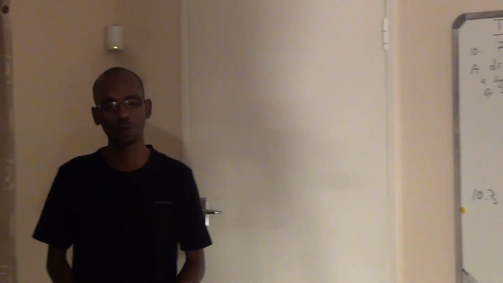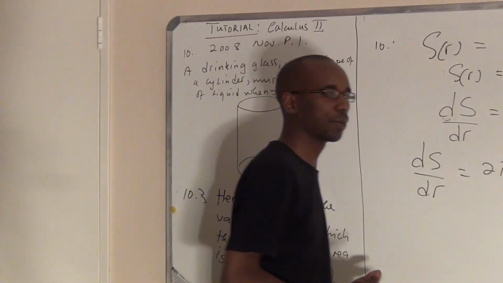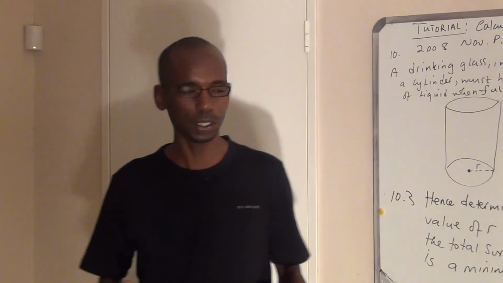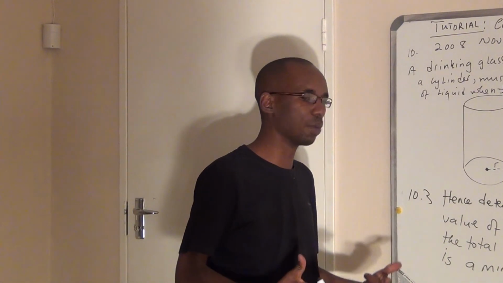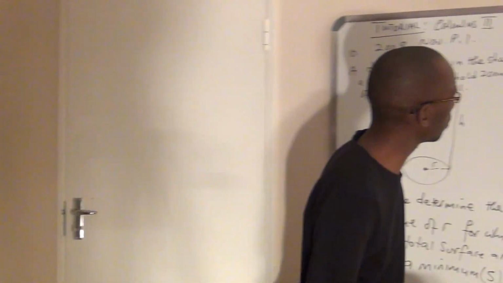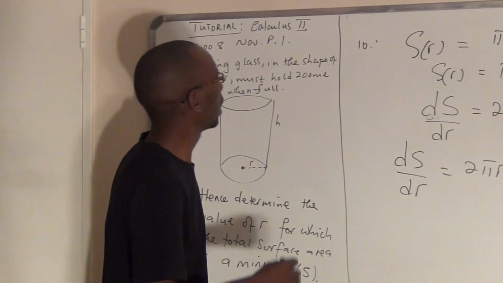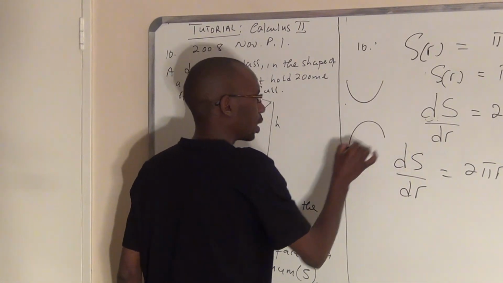But is that enough? No. What do we need? How do we find the value of r, or the values of r where we're going to have a stationary point, or where we're going to find either the maximum or minimum or any other stationary point? We simply say at that point our gradient has to be 0. At a stationary point, either at a minimum or at a maximum, the idea is that